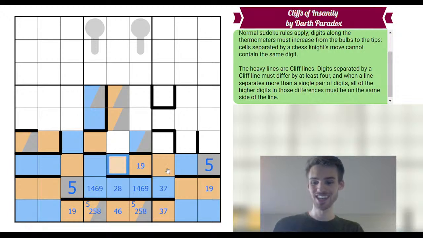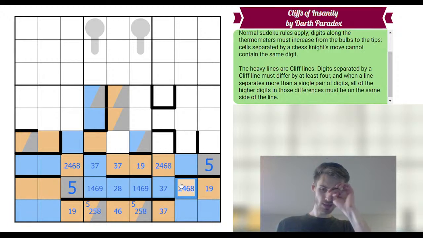I hope it's up. This is a 3, 7 because we have no other place for 3, 7 in the box. This is a 3, 7 for exactly the same reason. So over here we have 2, 8 and 4, 6. 2. Okay, so